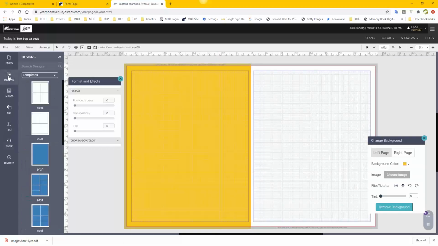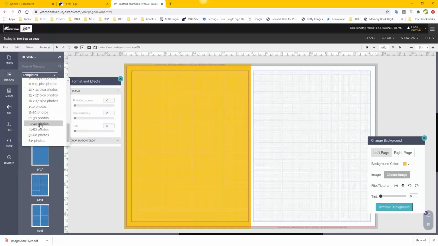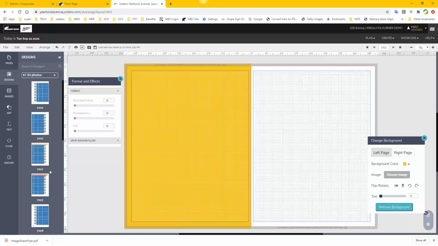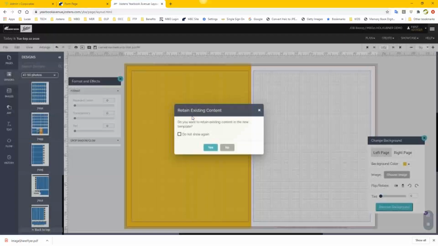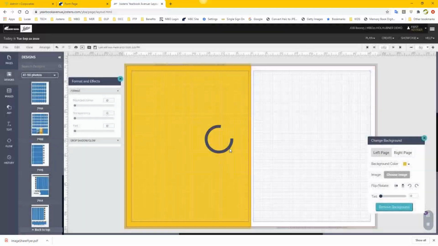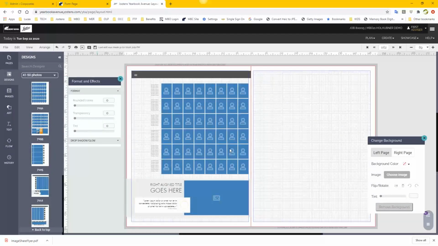I'm going to go back under designs, go under templates, and find a decent size template here. Save that. Okay, so for flow,